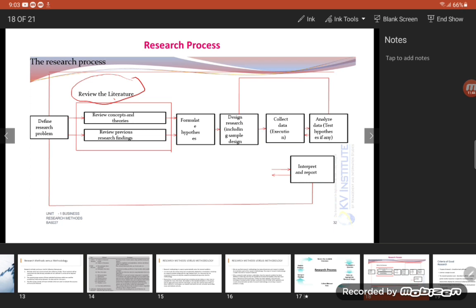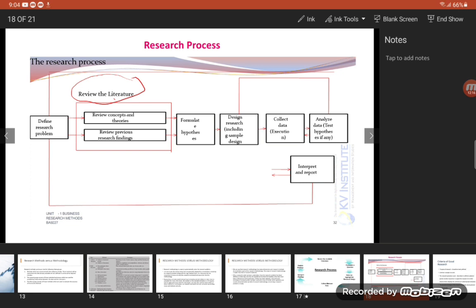And then formulate the hypothesis of the study. We would like to find whether economic growth rate has a positive impact on FDI or not. So this is the hypothesis of our study. Later on, we are going to identify in detail how to write a hypothesis. Then we have to design the research, including the sample,